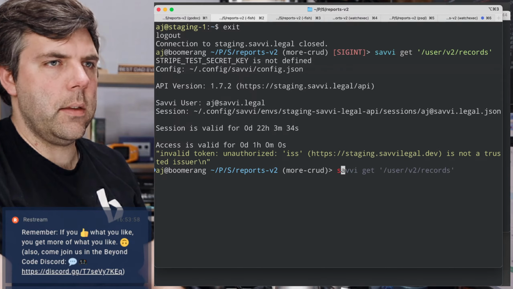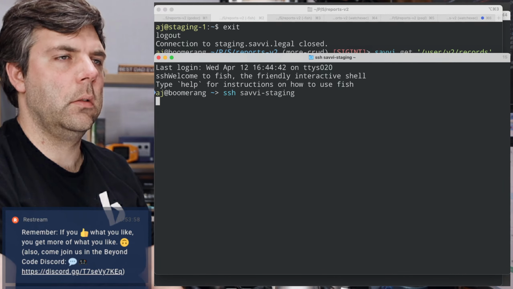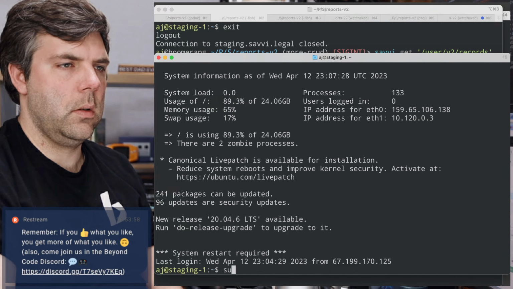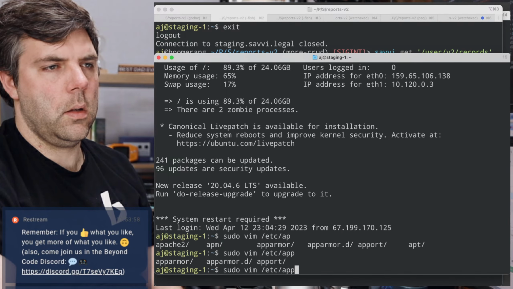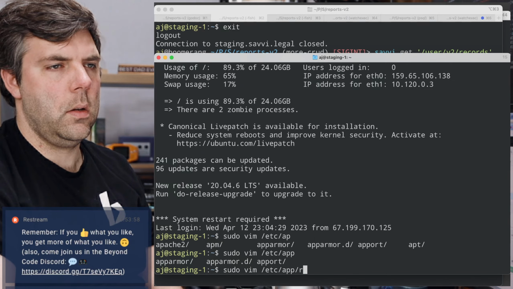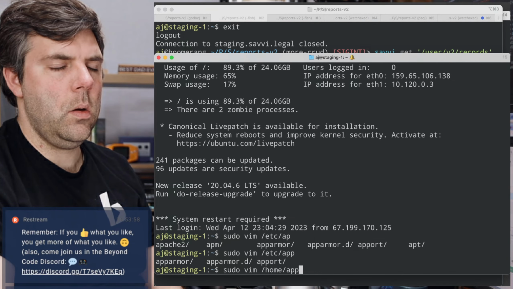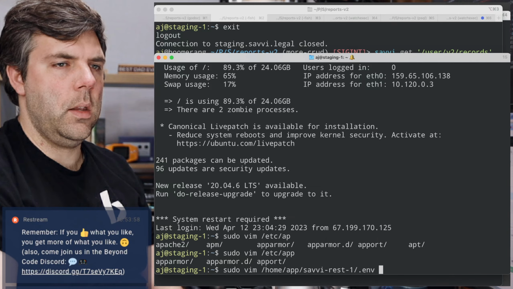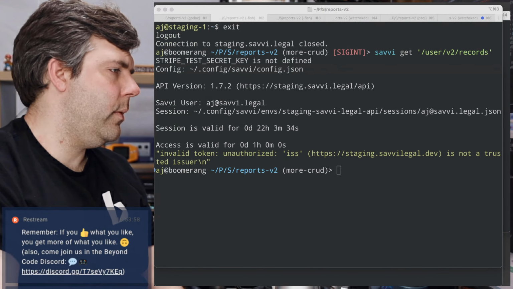So let me go fix that then. Whoops, not SE. Home. And then I'm going to need to check out the environment file over here, off screen.